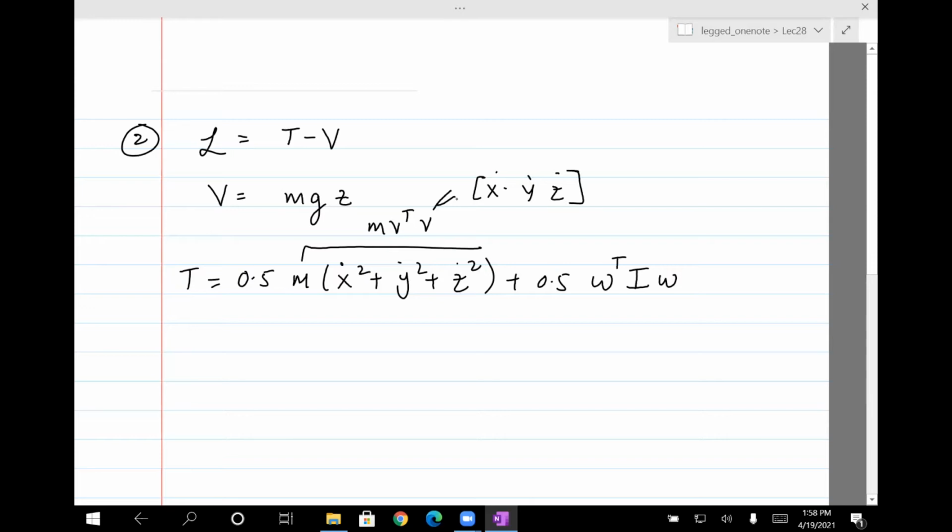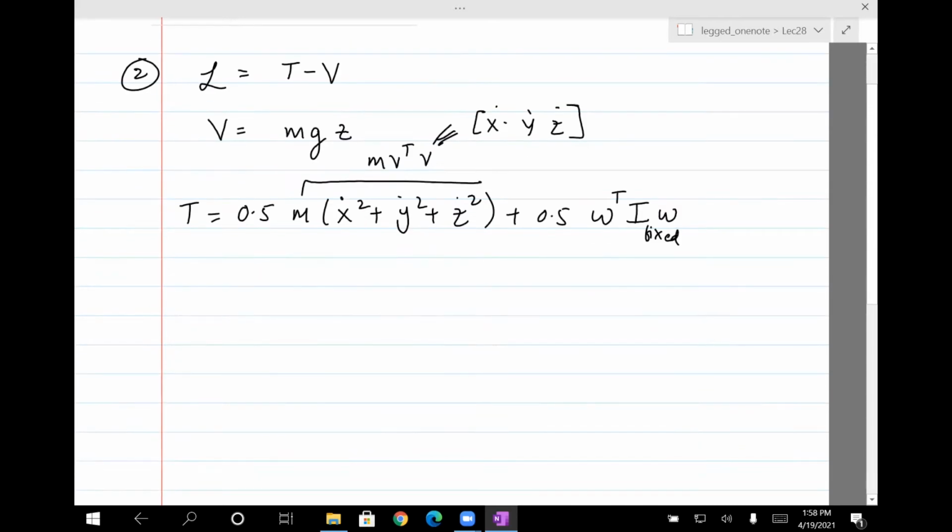But when you take the multiplication, it basically boils down to x dot square plus y dot square. So this is, I'm using the angular speed in the fixed frame. So this should be fixed, right? Okay, what does this mean? Well, it says that if there's a body like this